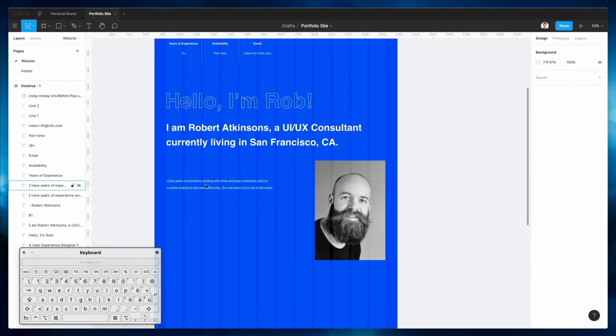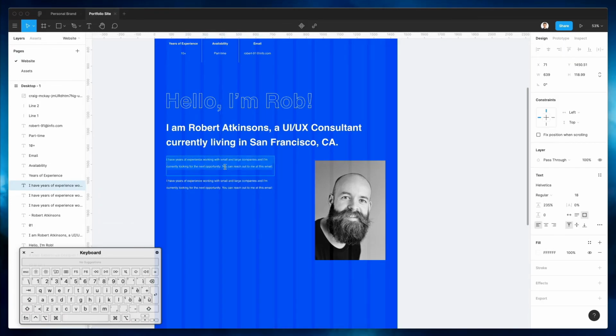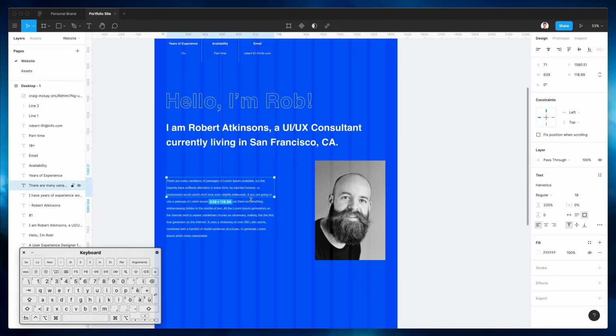So, all right, let's add this text right here, and maybe let's use some lorem ipsum. Actually, let's do just that. So I'm going to add some lorem ipsum right here,